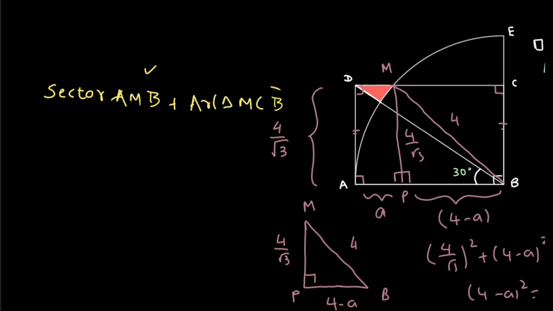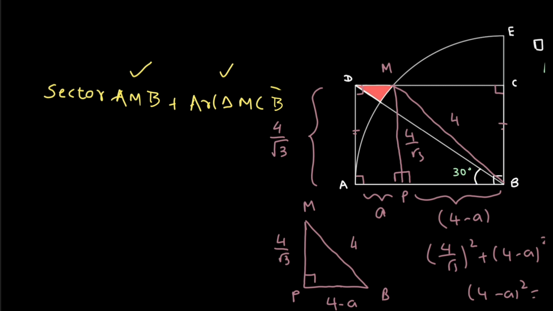Okay, so when I've added the area of the sector and the area of the triangle, what I got is the complete area of this region that I am marking with the yellow boundary. Now what I actually need is the area of this region. So from the complete region, I can simply subtract this area. So I will get the remaining area that I need. So the remaining area is also a sector with a central angle of 30 degrees.